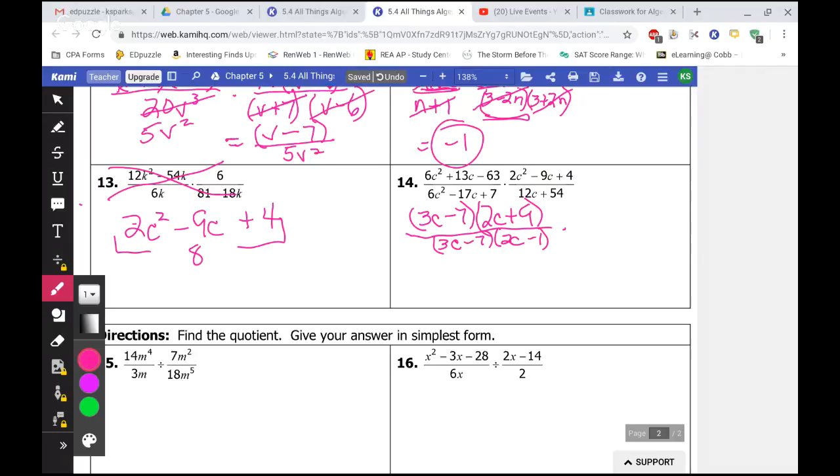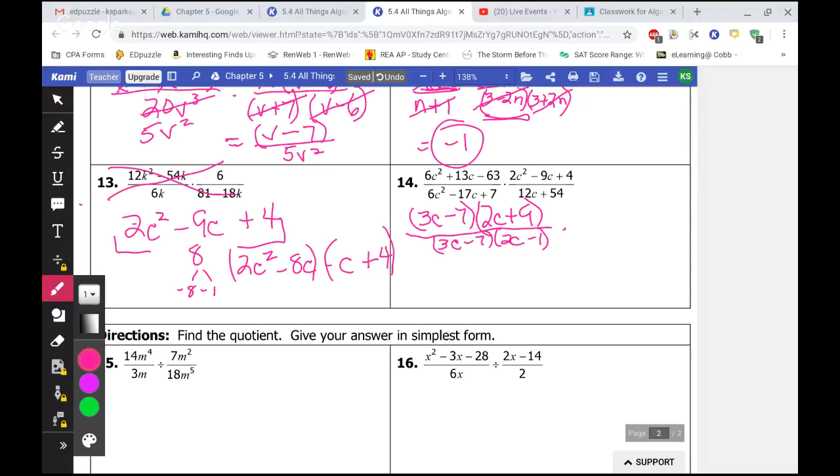So I'm looking for two factors that multiply together to give me a positive 8, but when I add them, give me a negative 9. So that's going to be negative 8 and negative 1. So then that looks like 2c squared minus 8c minus c plus 4. I wrote it down right this time. Then you group,